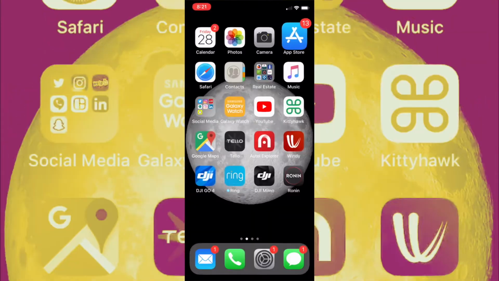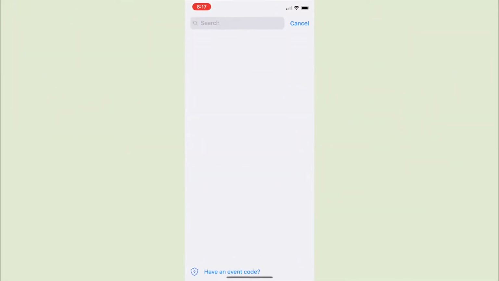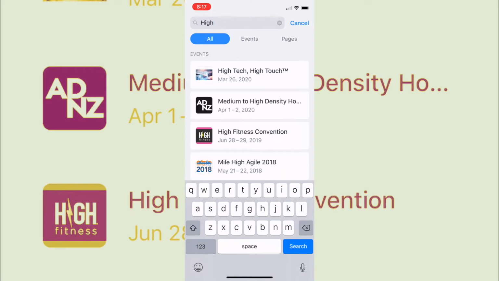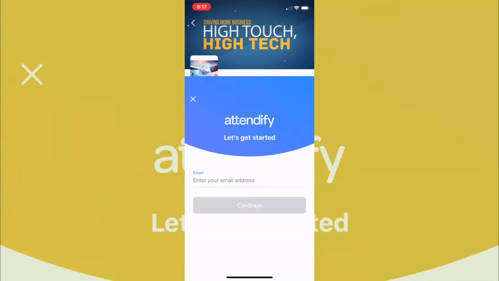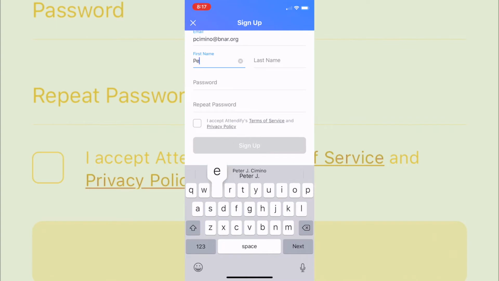Once it's downloaded, you'll be able to find it on your phone and then select the search button. This is where you'll type hi, and that's all you'll need because you'll see HighTech HighTouch for March 26th. Join the event and then type your email address. Once you've entered your email address, it's going to ask you a couple more things like your first name and